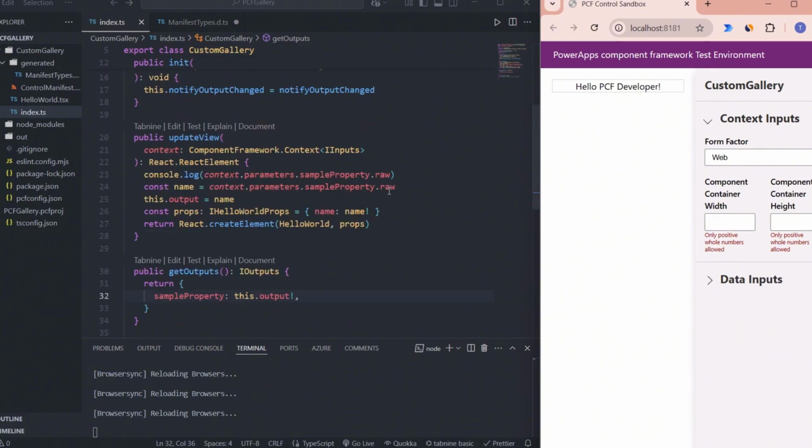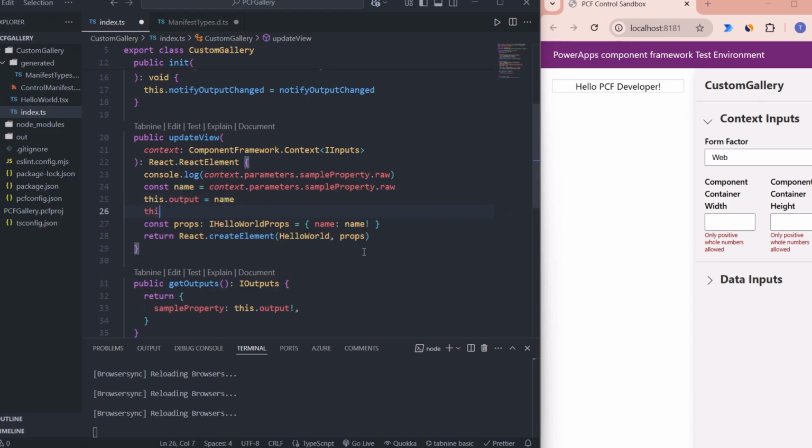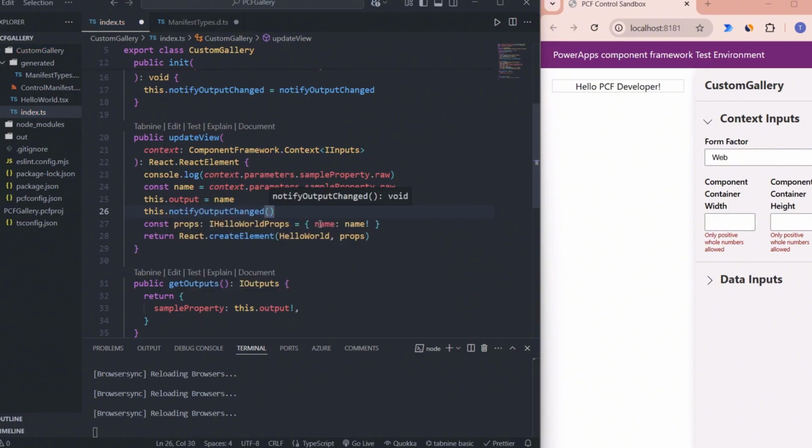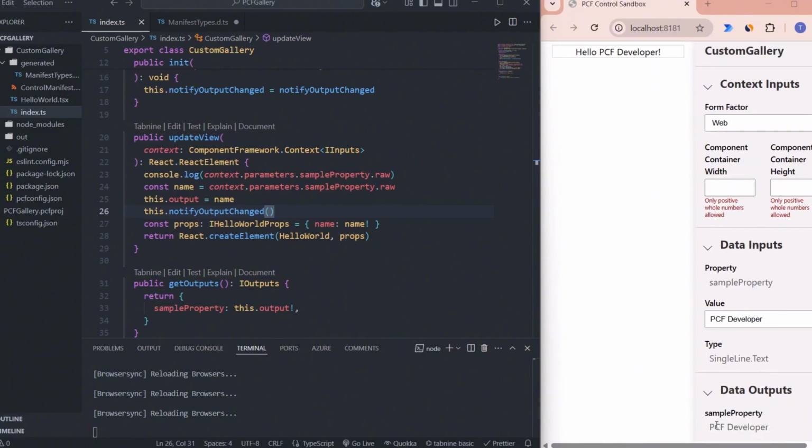So here is the point. I need to notify the framework that my output changed. So right after this assignment to my class variable, I will add this.notifyOutputChanged and save. Boom, here we go. Our data outputs get displayed and it received exactly what we inserted in the input property,